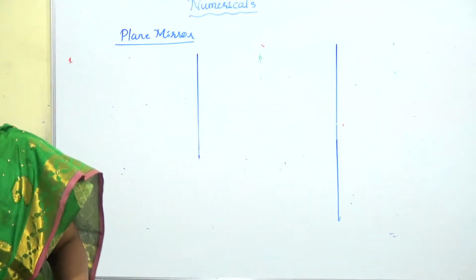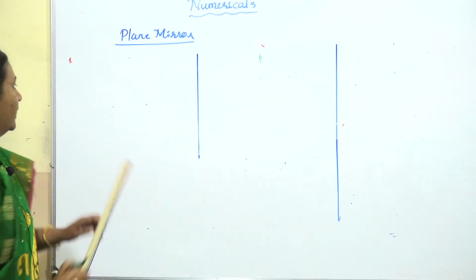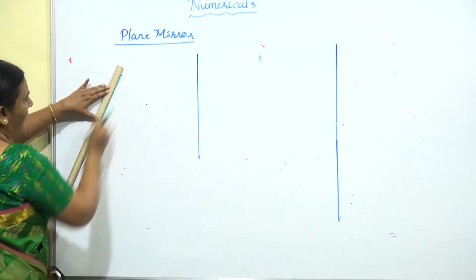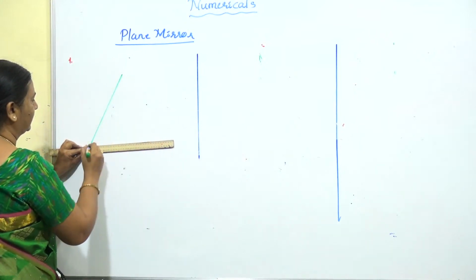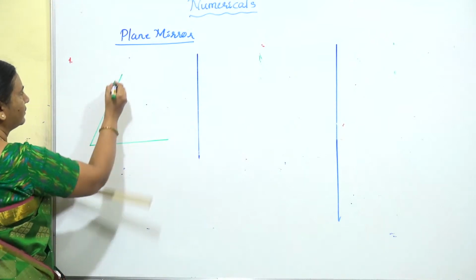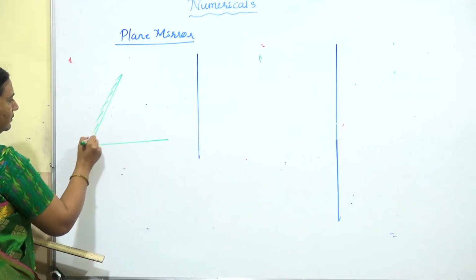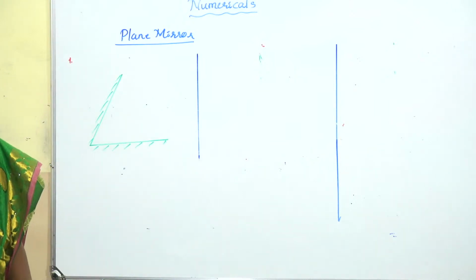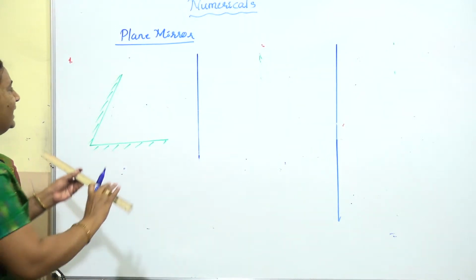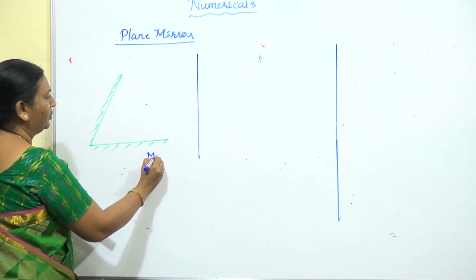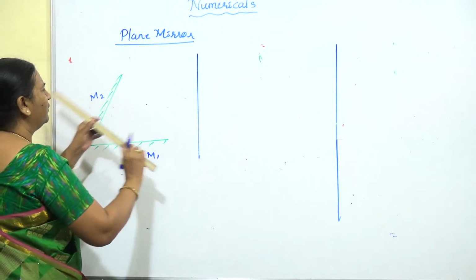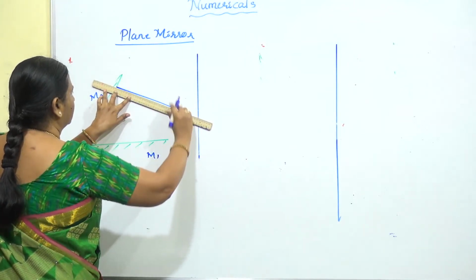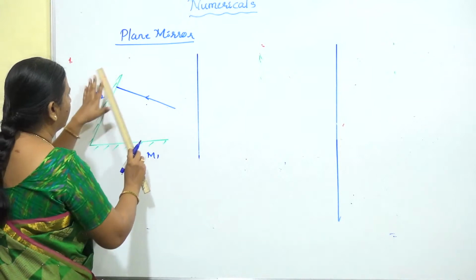So let us have one more quickly. Two more are there actually. Imagine that you are having two plane mirrors placed, making some acute angle. Acute angle like this. Okay. And let me call them M1 and M2. If you make a ray incident anywhere, that is going to reflect like this,